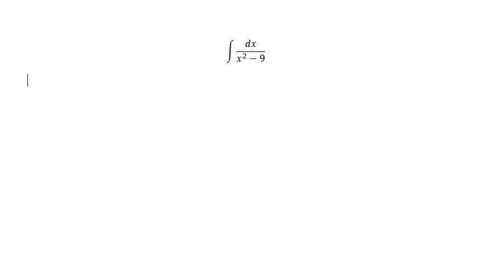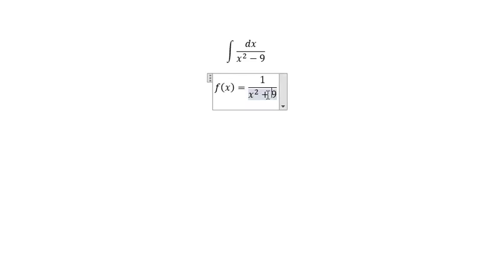Now, what could you do? Okay. So the first thing to do, say they give you the integral, you identify the function wey you want integrate. So the function wey I want integrate na the function 1 over x squared minus 9. So when you see this kind of thing, the first thing wey go come to your mind na partial fraction,